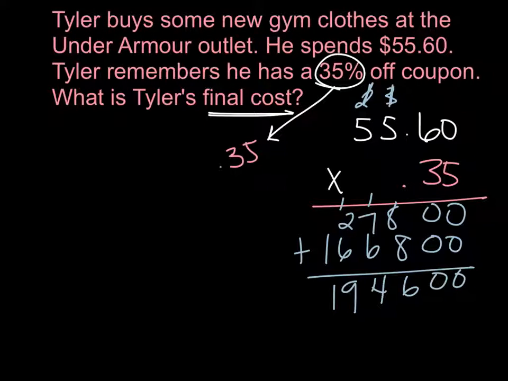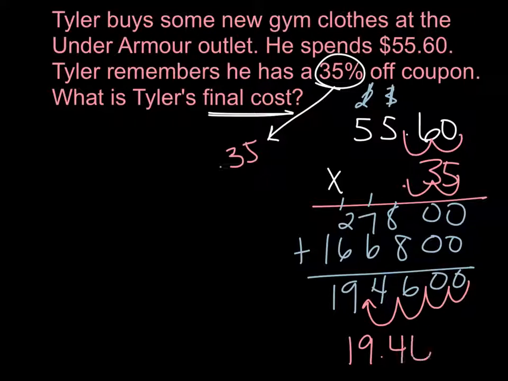As you see, I get 194600. Once again, count my decimal places: 1, 2, 3, 4. So that leaves me with a discount of $19.46. In order to calculate my actual final cost, though, I have to take the original cost, which is